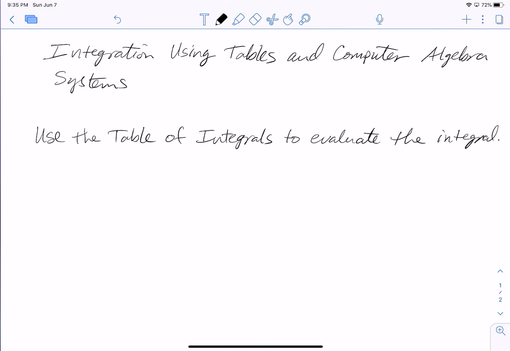Our focus here is going to be using what are known as integration tables. And we're told to use the table of integrals in the back of the book to evaluate the integral of the square root of 2y squared minus 3 divided by y squared dy. If we worked really hard at this, we could probably find a way to do this using trig substitution. However, somebody already has, and they've figured out how to express something like this in general, and they wrote it